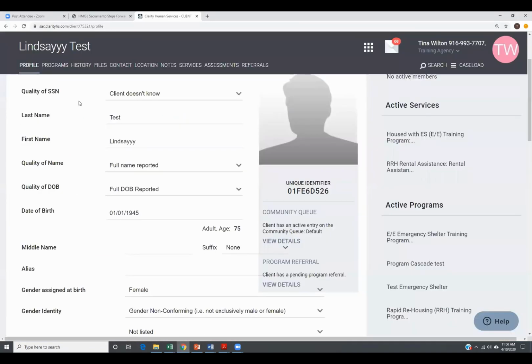So for history, I'm staying on my Lindsay test client so I can show you some things. This is a client that we do a lot of testing on. So I want to let you know that what you see in here is not typically what's possible in any one CoC. But if I go to the history, which is just to the right of programs,